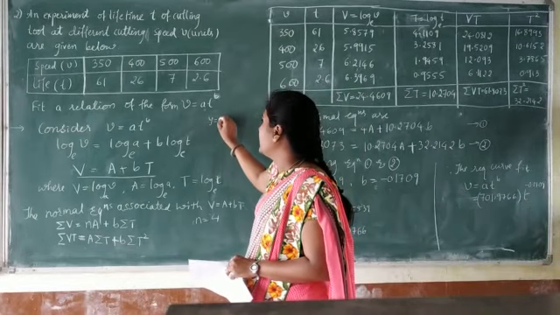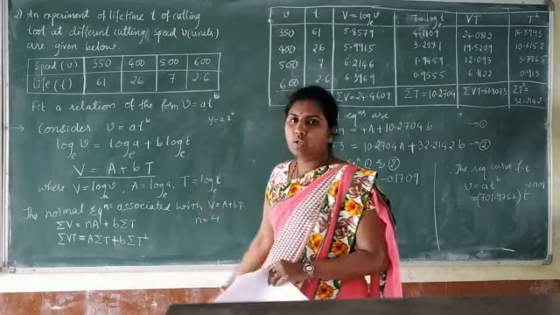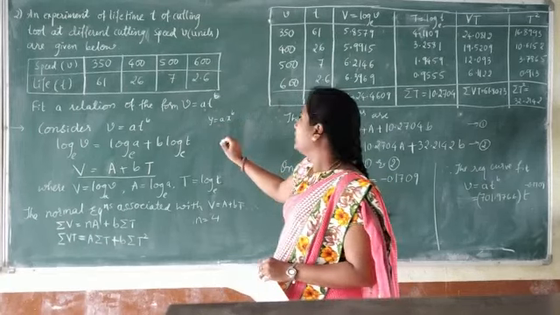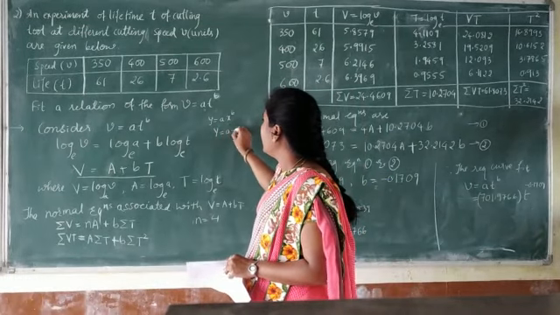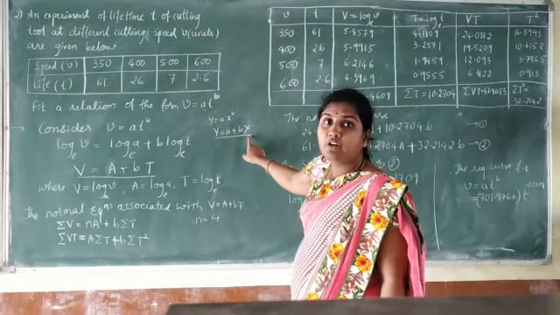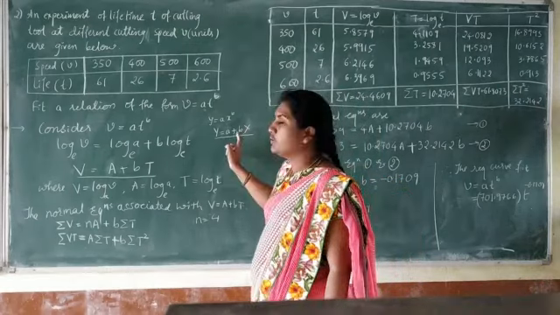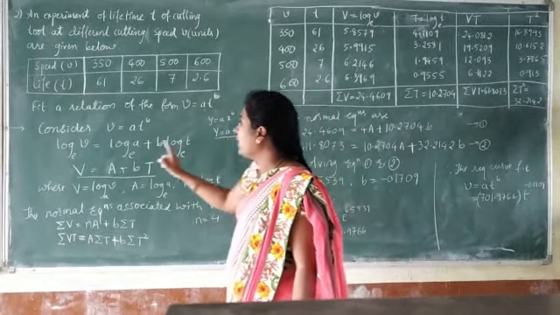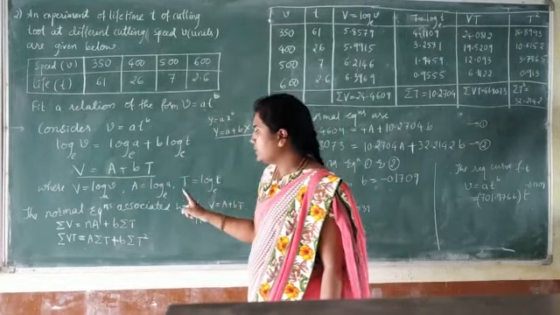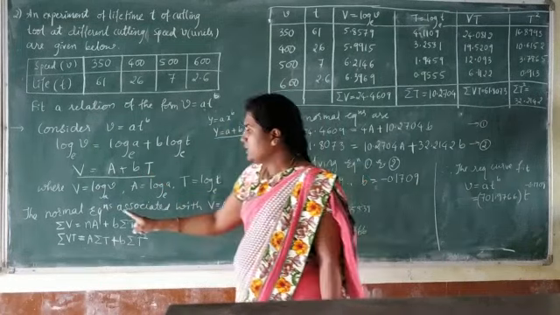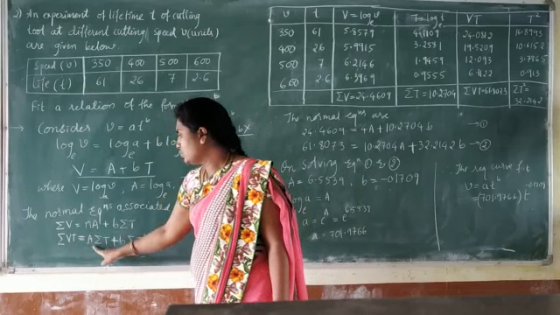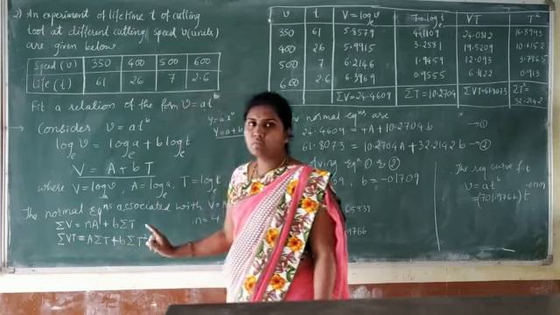Nothing but we have the standard one is a x raised to b only. To solve this equation, what we are doing? We are applying the log, and we are getting the equation of this form, y is equals to a plus b x. This is nothing but equation of straight line, curve fit, and the associated normal equations are in this form. Okay, here we have obtained capital V is equals to a plus b t, and the associated normal equations with this is nothing but summation of v equals to m a plus b into summation of t. Summation of v t is equals to a into summation t plus b into summation t square.